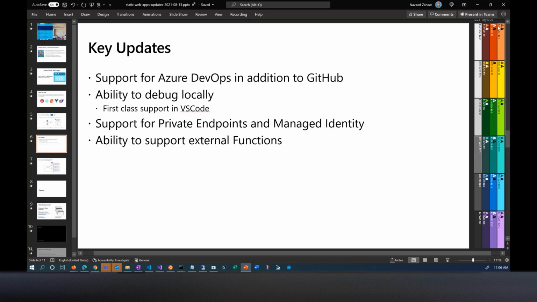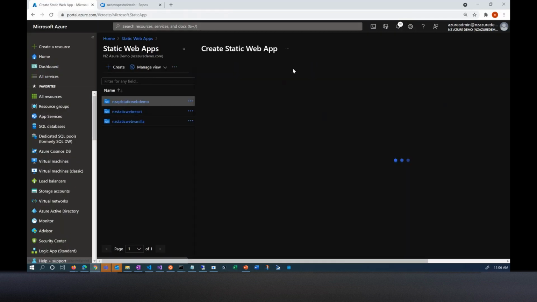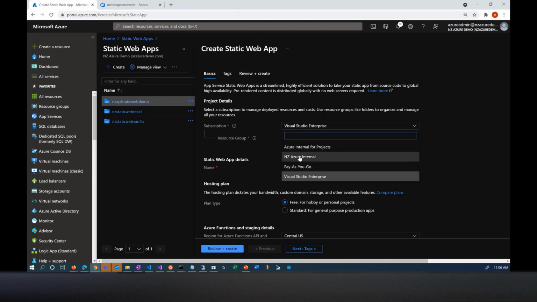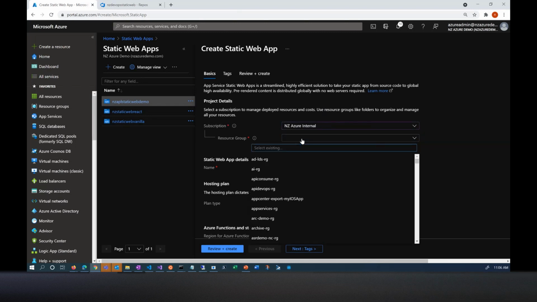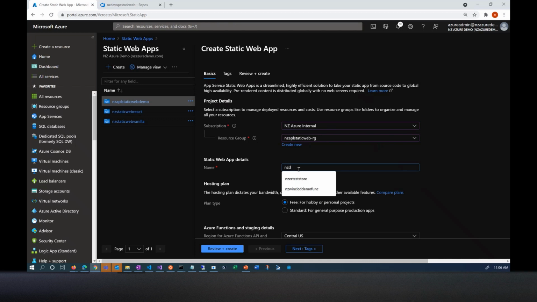So the first demo I want to show you is support for Azure DevOps, in addition to GitHub. So first of all, let's create an Azure Static Web App. So let's go in here, and what we're going to call it is, okay, I'm going to name it